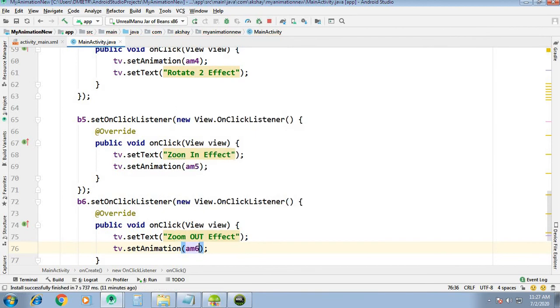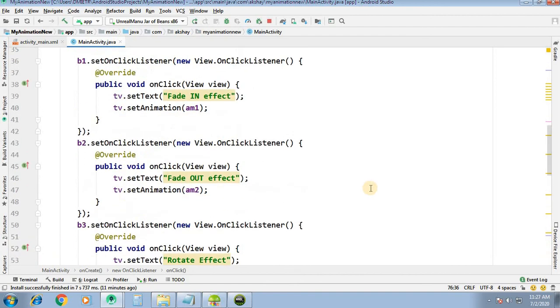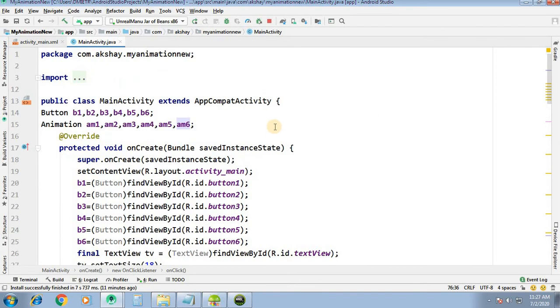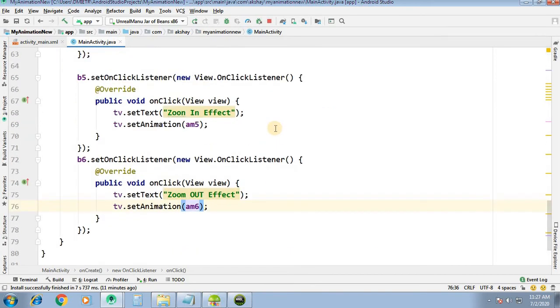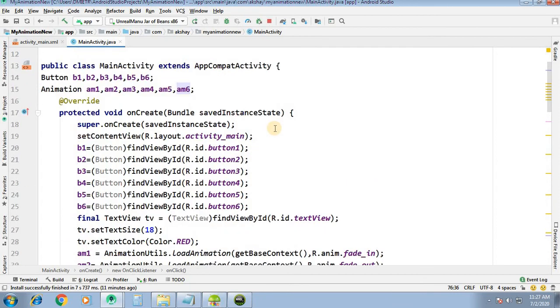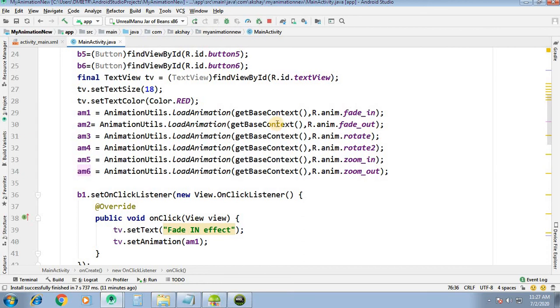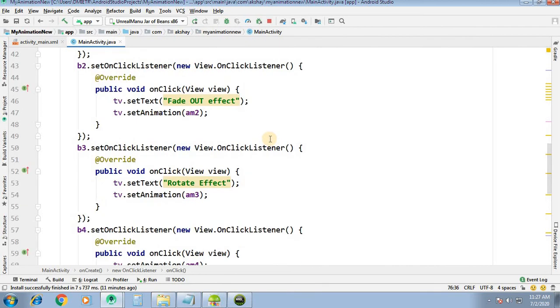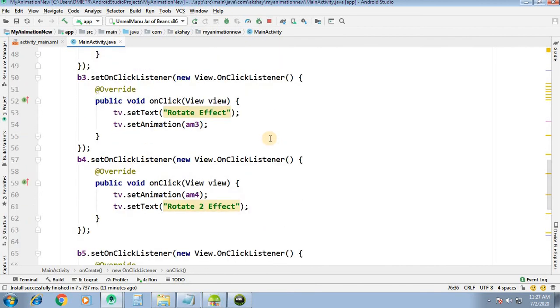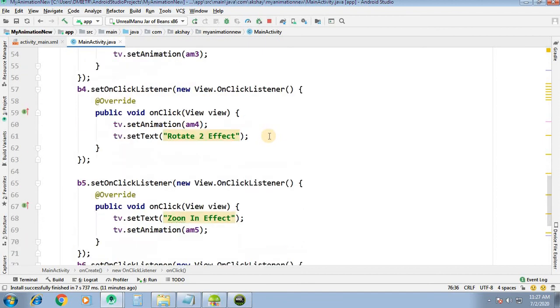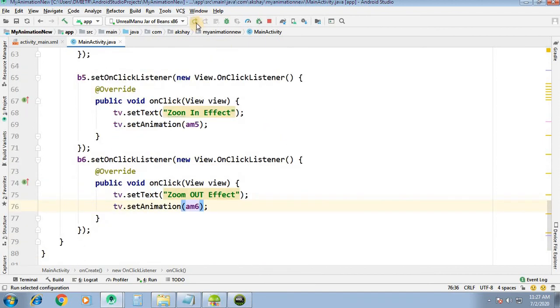So this is what we have set for all the buttons, the animation effect. So now let us run this configuration. You can see 6 buttons, text view, and 6 animations which we have assigned, and the on click listener and corresponding text and animation we have set. Now let us run this configuration.